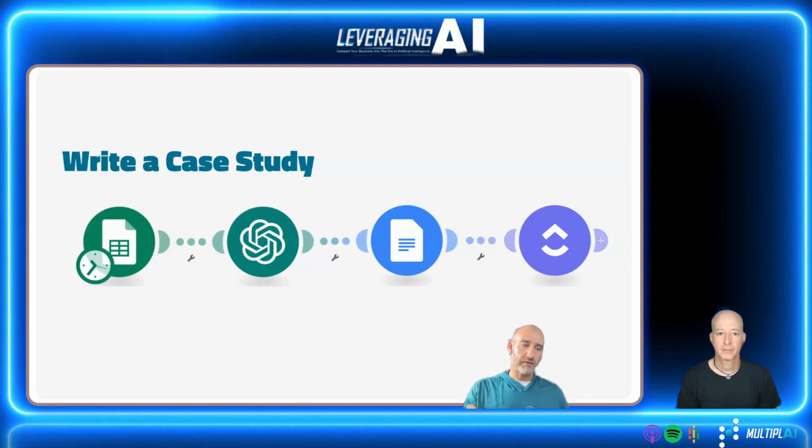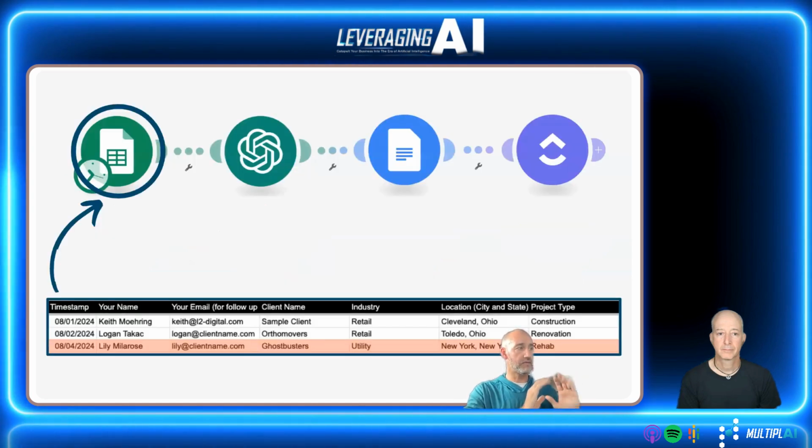For a client of mine, we have a Google form, and after the production team gets done with a project, they fill out the Google form. And as soon as they fill out that form, a row is added to a Google Sheet. That row has all the information the production team entered into that form. In other words, everything they added about that project and how it was completed is now available in this row. Because that row was added, I've automatically triggered my automation, because there's a new row on my sheet and that sheet is attached to this automation.